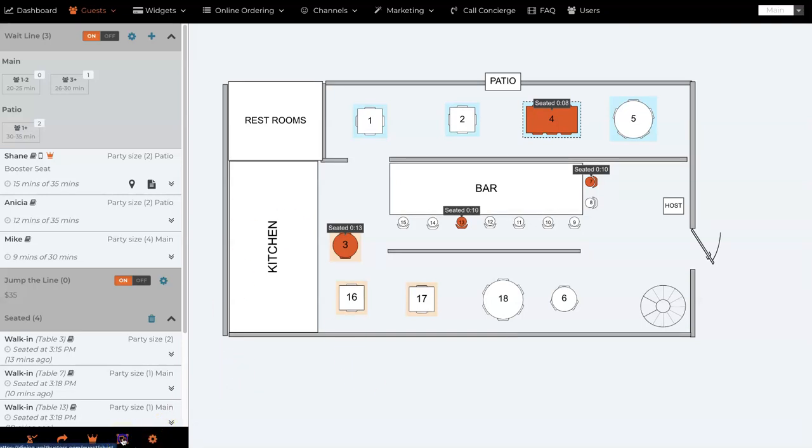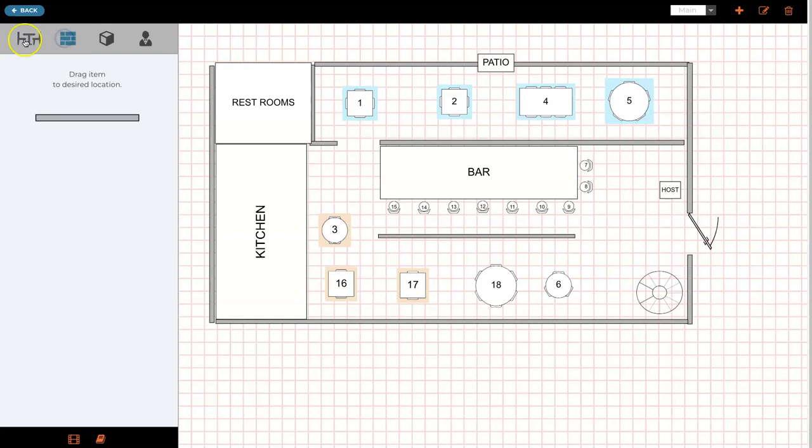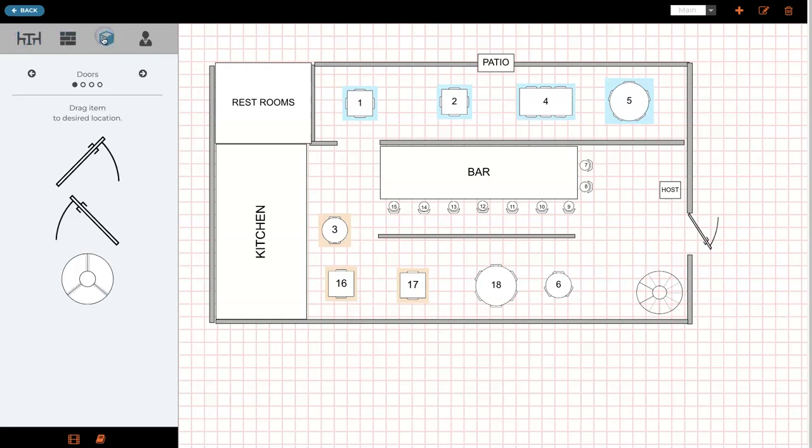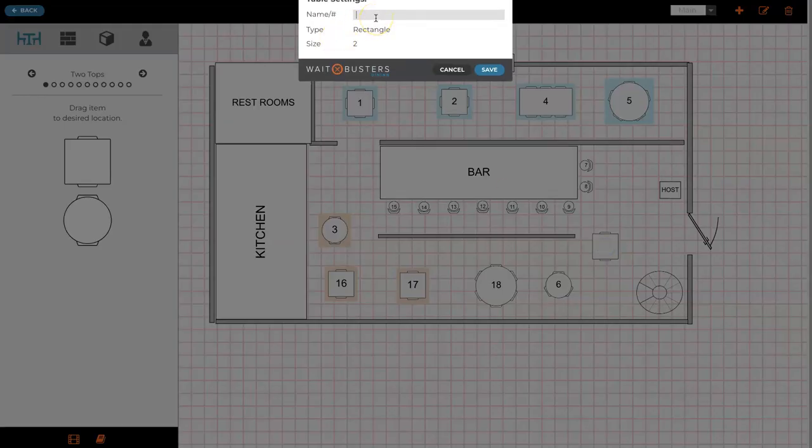Go to the setup page, and here you see this grid here. This is where a host or hostess would sit there and build out their seating chart. You can build walls, tables obviously, add objects, and then there's even the server setup, which we'll get to in a second. So just to show you how easy it is, you would grab here, you want to add a table, you simply drag and drop it, pop it in there, give it a number,